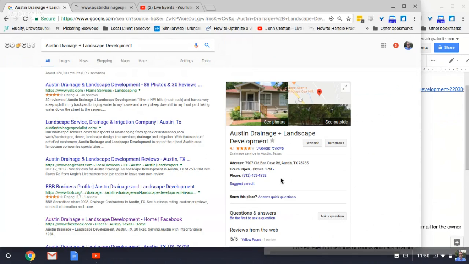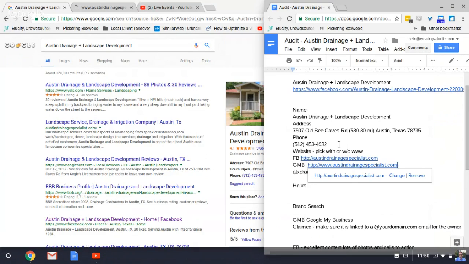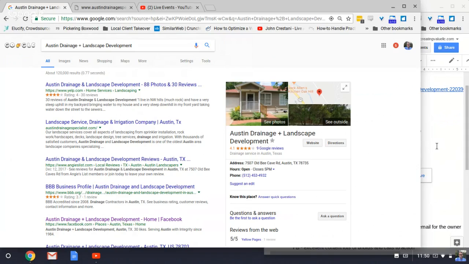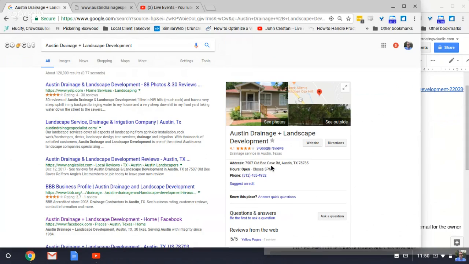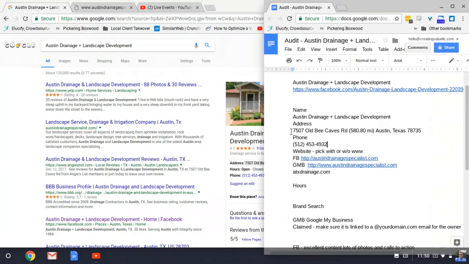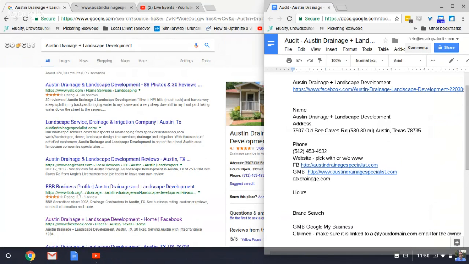So let's check the phone number, 4932. Excellent. That links out. 75 Old B Cove Road, Texas. Old B Caves, not Cove. Okay, here's something that's got cave. Copy address. GMB has cave.